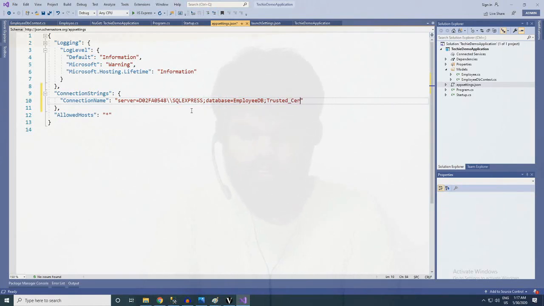Trusted underscore certificates equal to true. Now it's done.